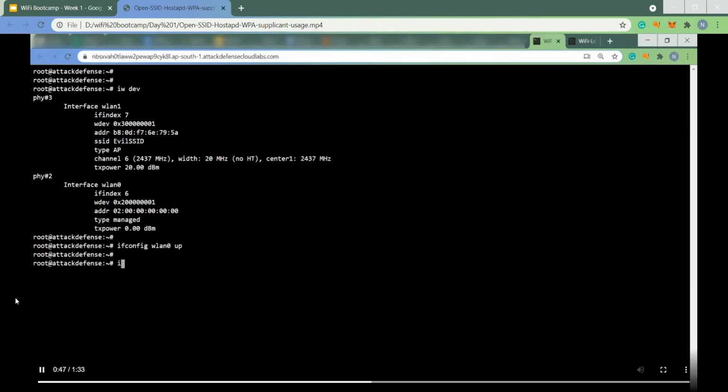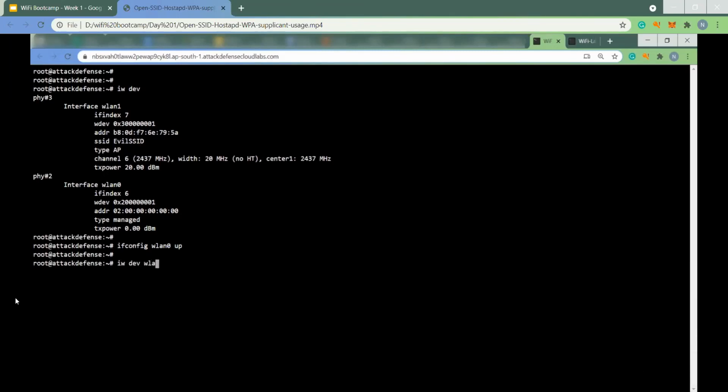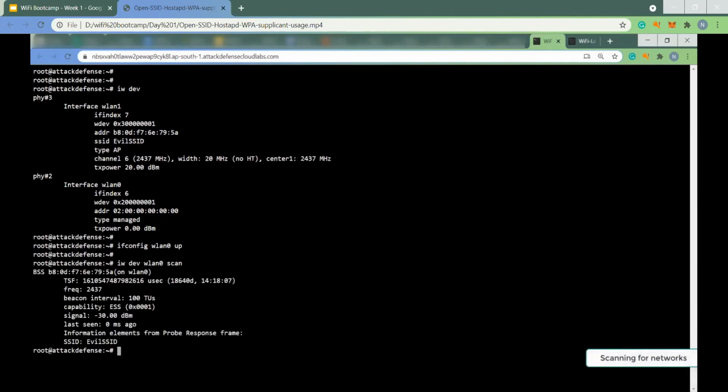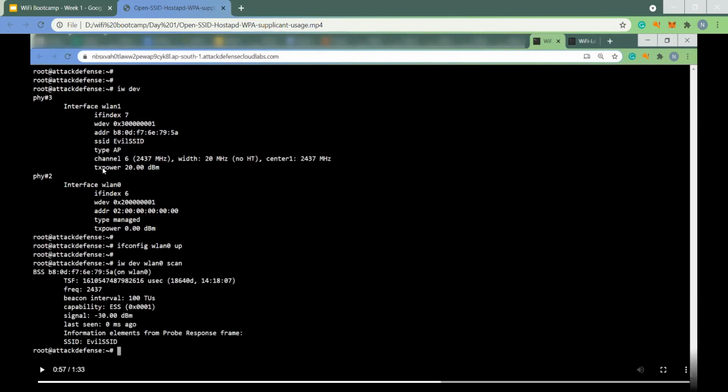So once you have brought it up, if we list it, we'll actually see that it can now scan for the networks. Because it's a virtual lab, right? This video is from our own lab. I only have one network that is present in the vicinity. That's why it is only showing me one network. And then I can use